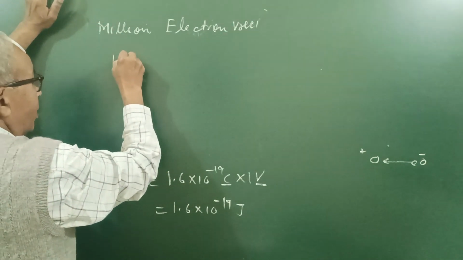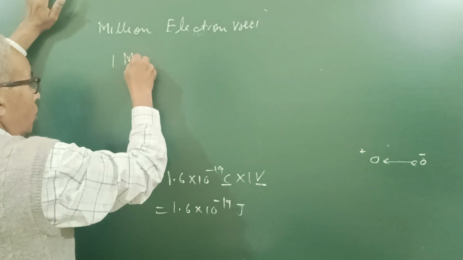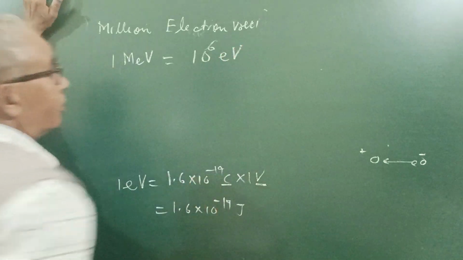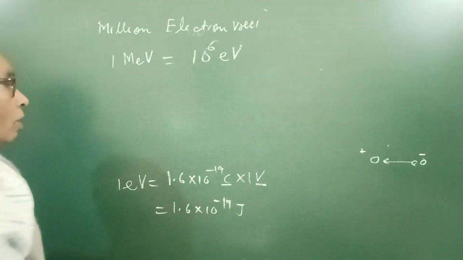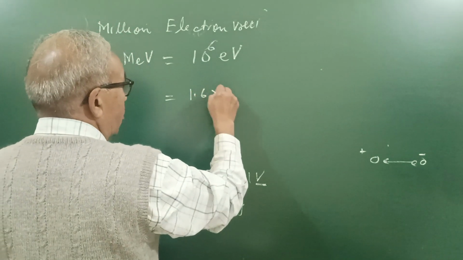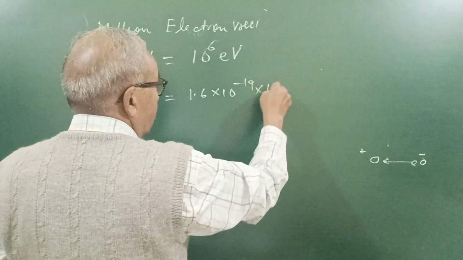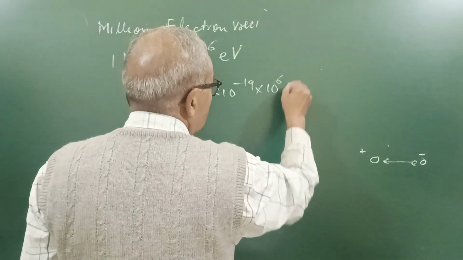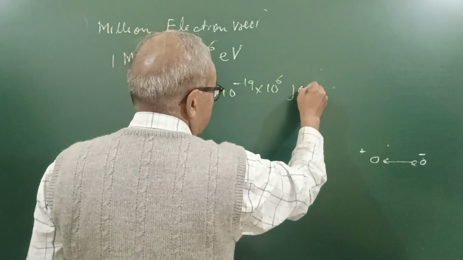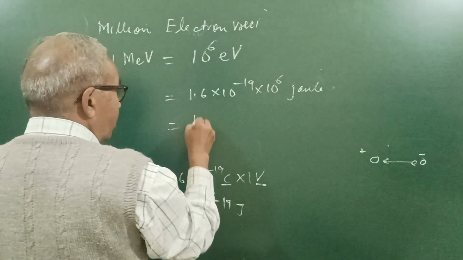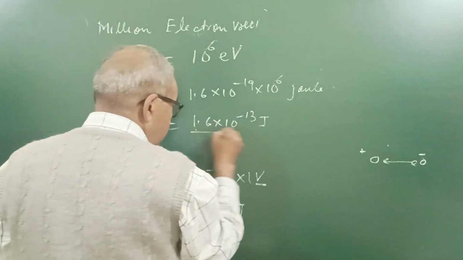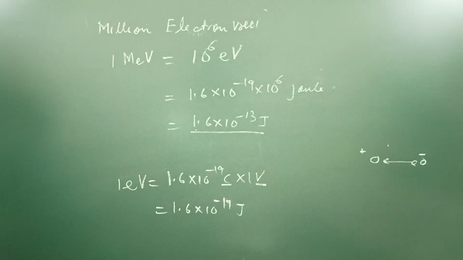It is represented as capital M, small e, capital V, 1 MeV, which means 10⁶ eV. 10⁶ eV is equal to 1.6 × 10⁻¹⁹ into 10⁶ joule, or we write it as 1.6 × 10⁻¹³ joule. 1 MeV